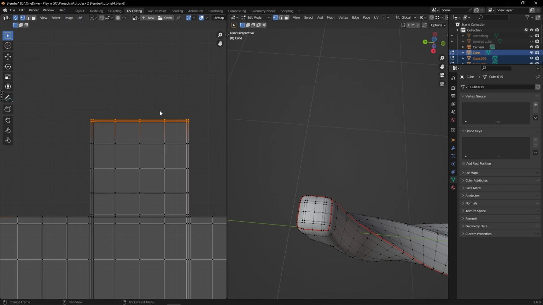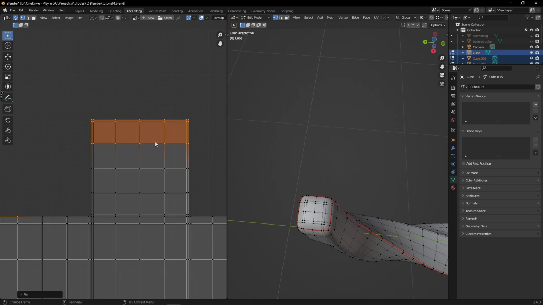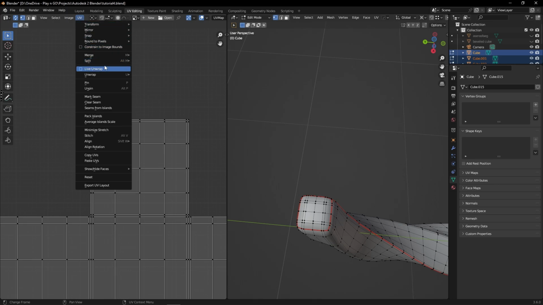Now if I just want to pin, I select the vertices and say pin, or just press P. And if I want to unpin, I press Alt P. When any vertex is pinned, it turns red. So if you have red vertices, know that you have pinned vertices. And you have to right click and unpin, or Alt P, or go up here, and so on. Explore this menu. It's very basic and the equivalent to everything else you've ever seen on how UVing is done